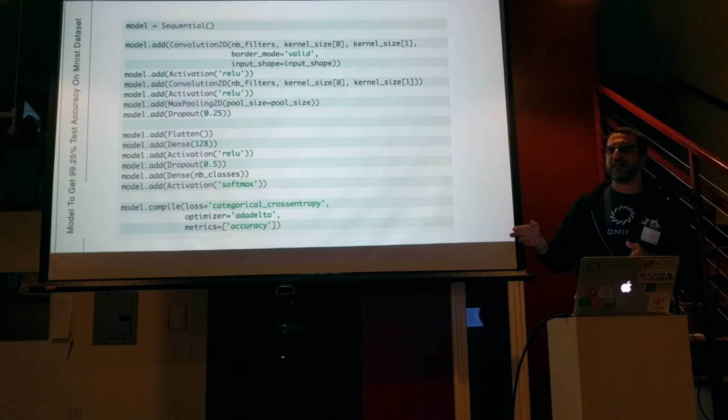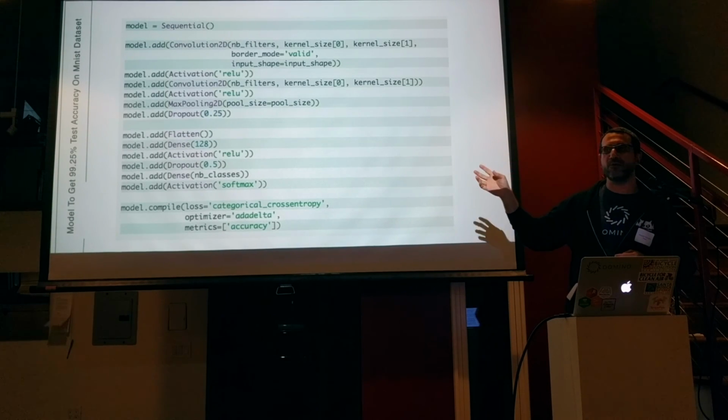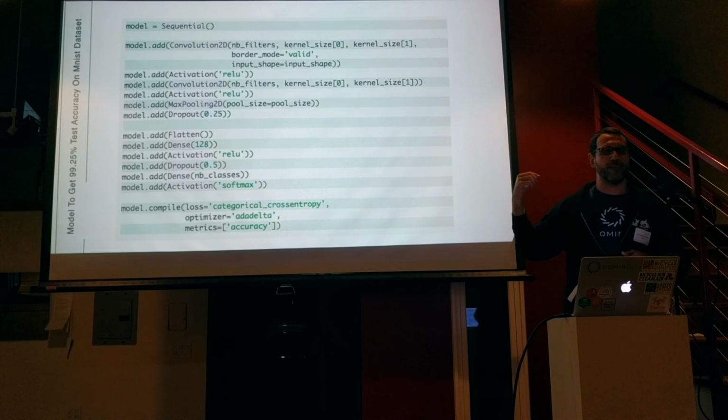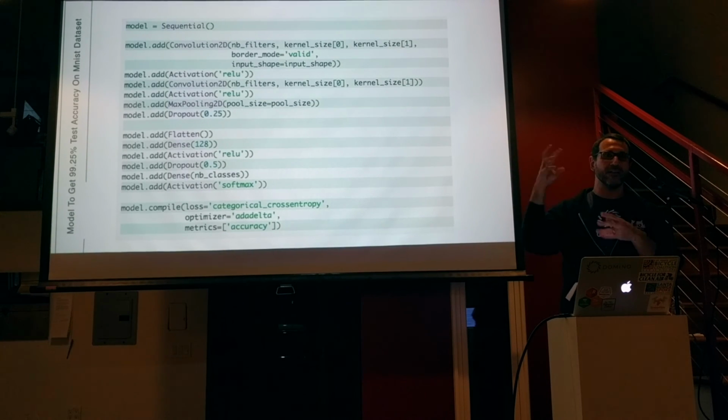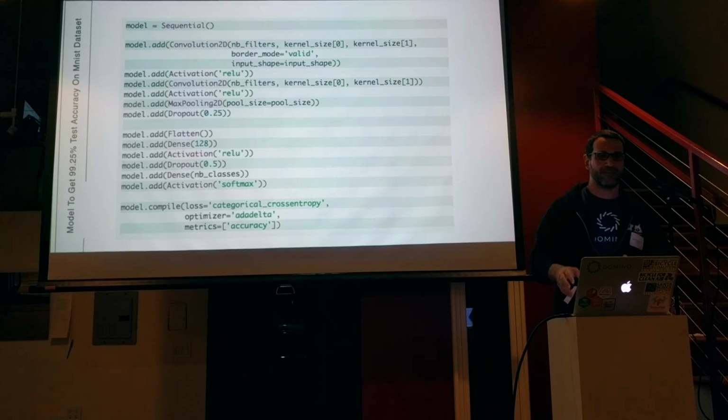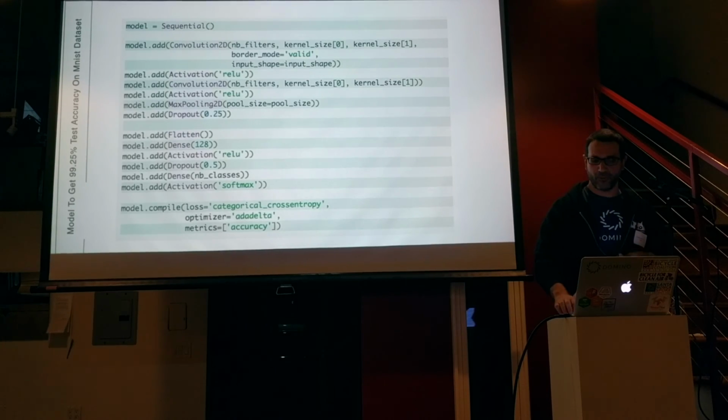If y'all are interested in playing around with this code on GPUs or something like that, send me an email. I can hook you up with a project that's already got everything configured. I didn't get into that, but that's where the sausage is made, actually configuring it and holding your mouth right for CUDA to work and not blowing up your laptop is kind of a pain. Just send me an email and we can talk about it.